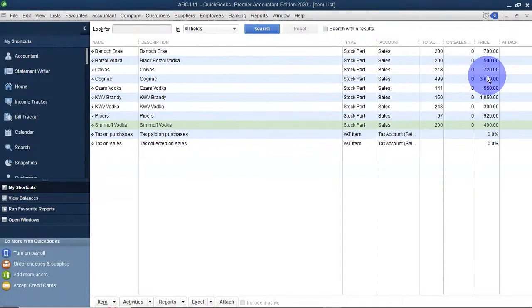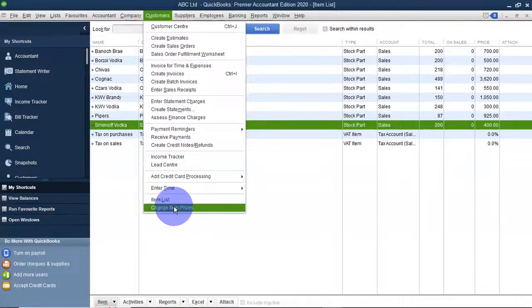The next thing is keying in using percentage. Instead of keying 50 shillings, you'll just key in 50%, and that will automatically be adjusted. You just add the percentage beside 50, or maybe if you want to adjust by 5%, you just type 5%. You just move over here to customers, change item prices,